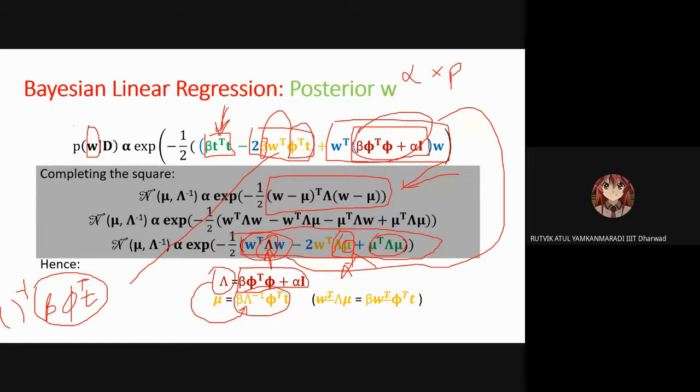Sir, phi transpose and phi are the same basis matrices, right? Right. Phi is the same design matrix that we have discussed there. Lambda is the covariance of the posterior Gaussian distribution. Lambda is a posterior precision, not covariance. It is a precision matrix; if you take an inverse of it, then it is nothing but the covariance matrix. Anybody else have any question?